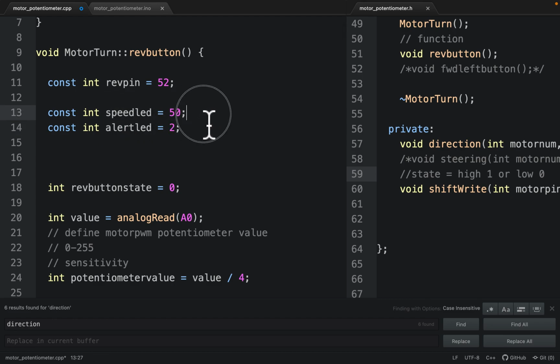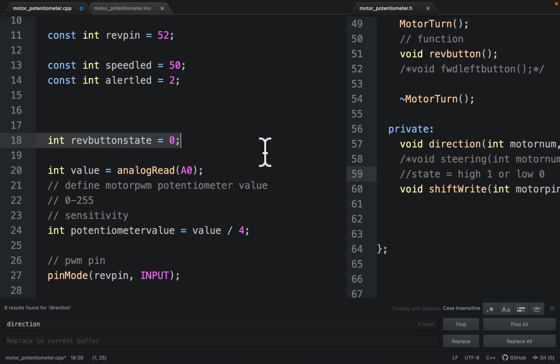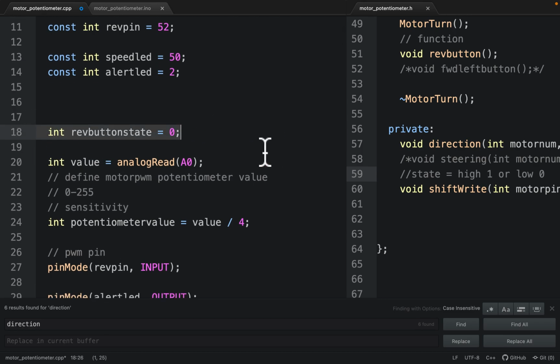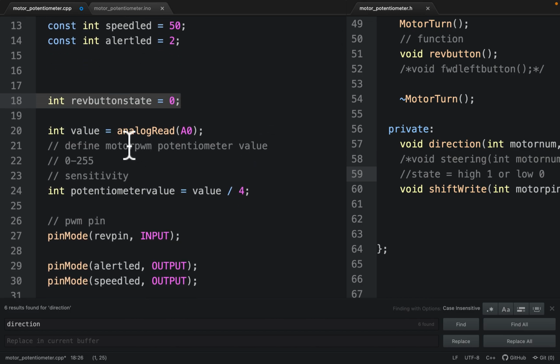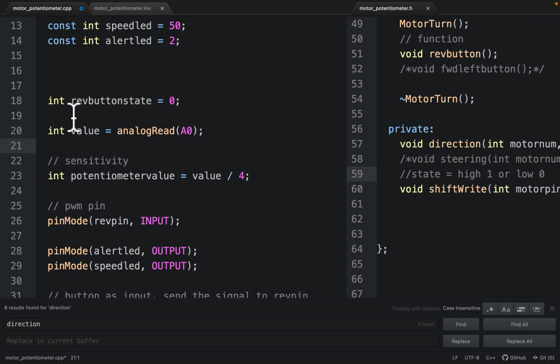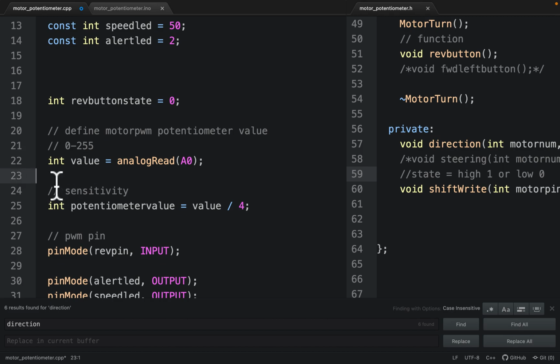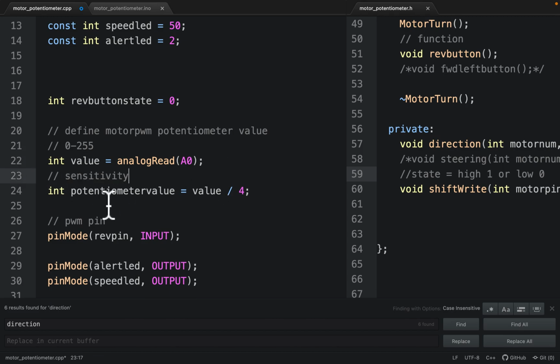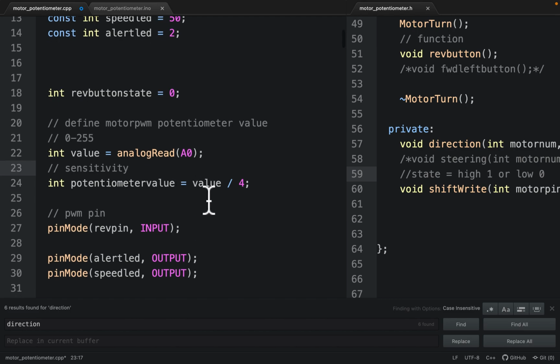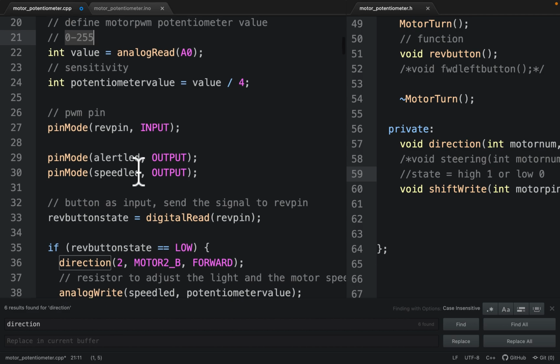And for this one, we're gonna do the speed. We're gonna say it in a second. And we're gonna set the reverse button state as 0, so it's false by default. And the value is where we're gonna get from the analog pin number A0, and the sensitivity of it would be the potentiometer value. It depends on how you can adjust this to how much sensitivity you want, but because the potentiometer is from 0 to 255,